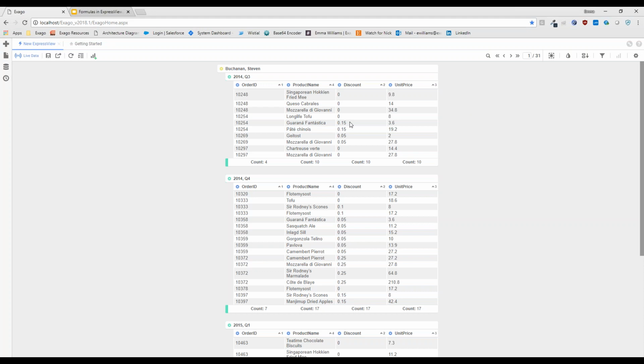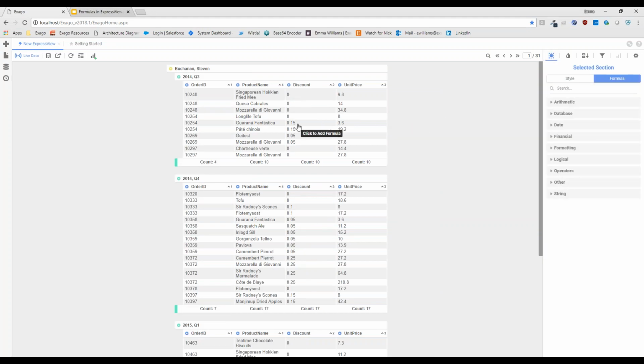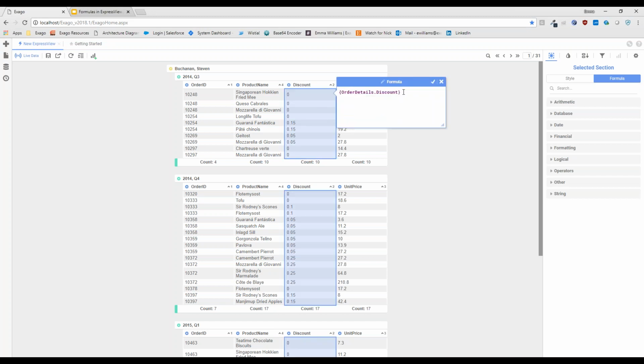First, I'd like to do two formulas here to really make this data mean something. The first thing I'd like to do has to do with the discount field. I don't want to see the actual discount. Let's say I would just like to know if the product is discounted or full price. What I'm going to do, we're going to start from scratch again. I'm going to use a logic function this time, particularly an if.